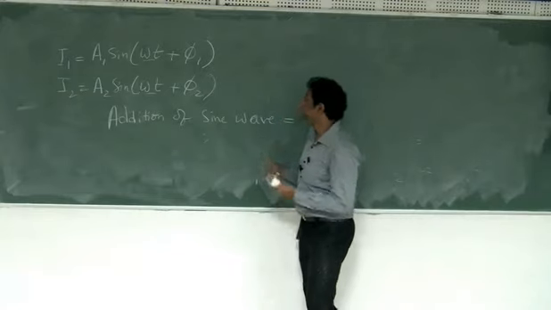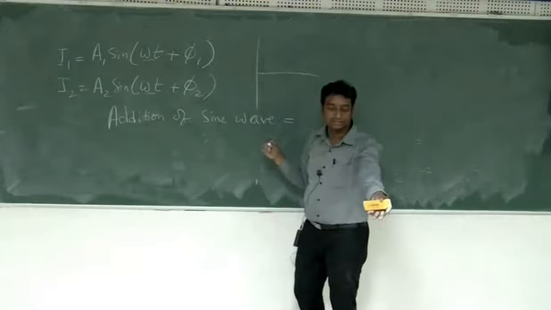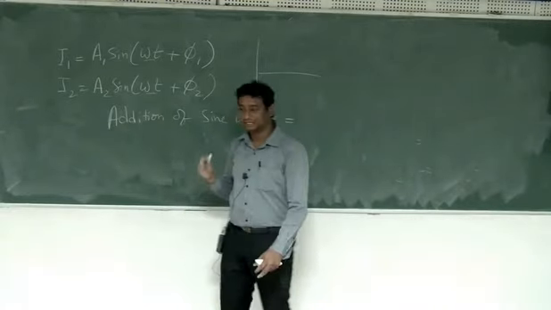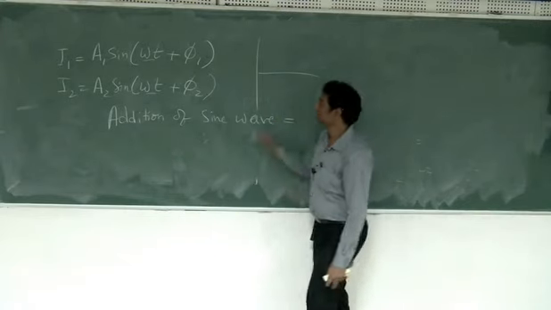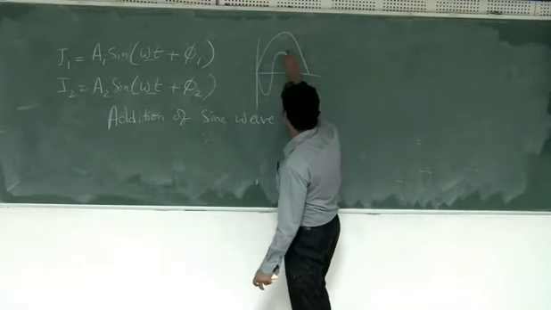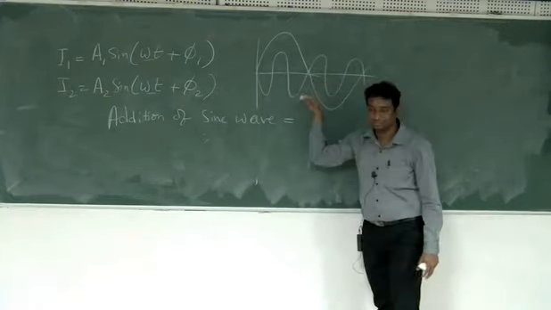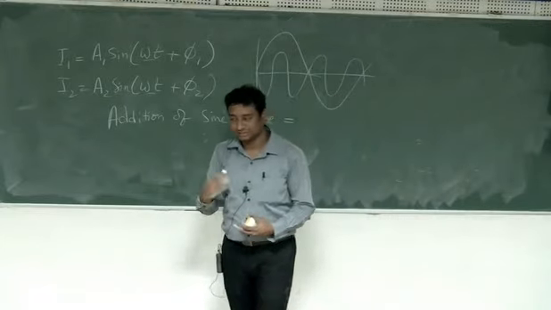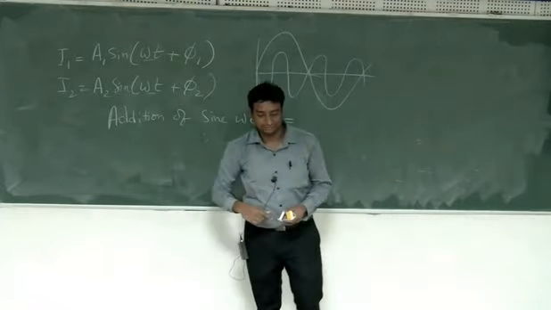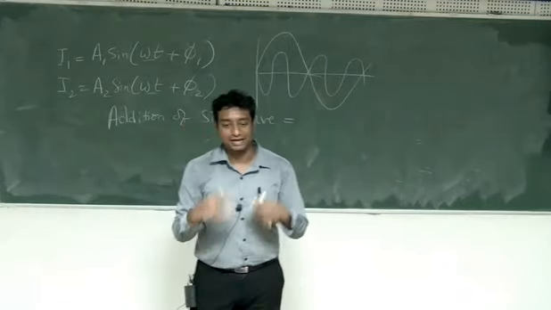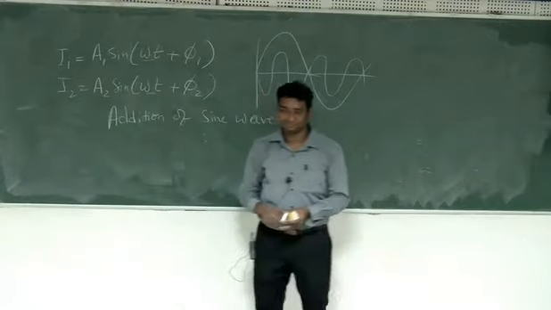If you add 2 sine waves, you can look at it in your own drawing. Let's look at the first one. In the first example, if you add both of them, will you get a sine wave at each time? So we have something like this and then something like this. Here the frequencies are different. If you add them, you will lose the shape of the sine wave. But look at the last one, exercise 3. Both of them are 50 hertz. If you add two sine waves, you will also get a sine wave.